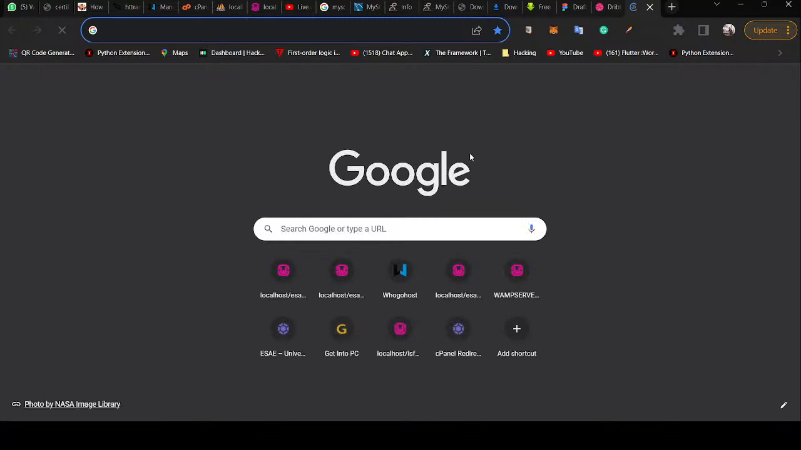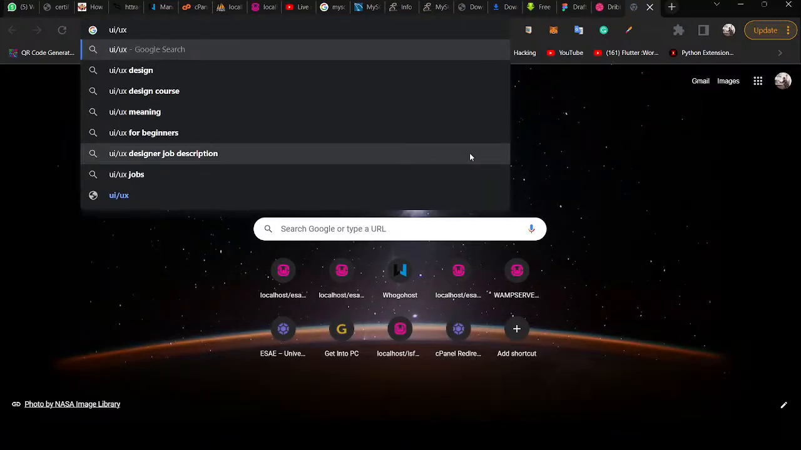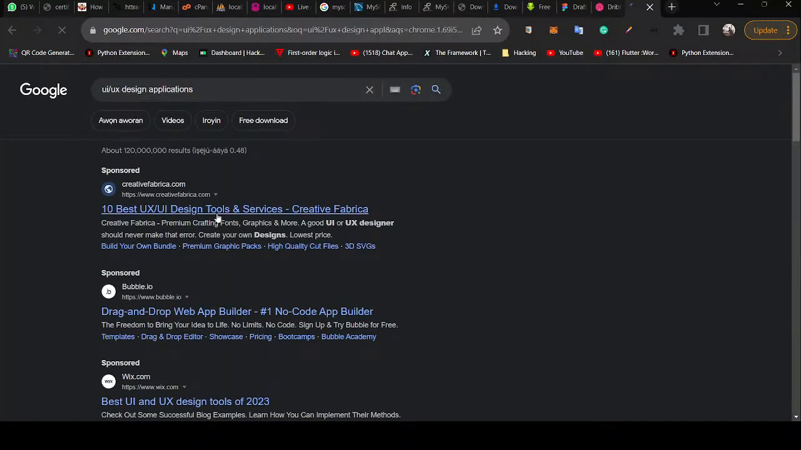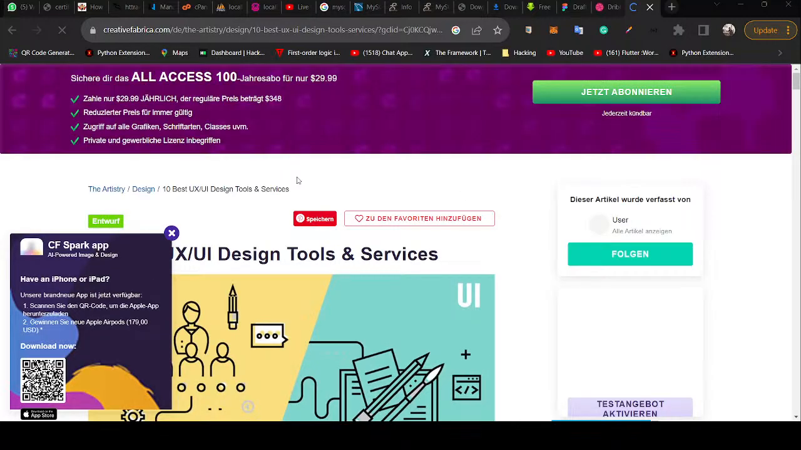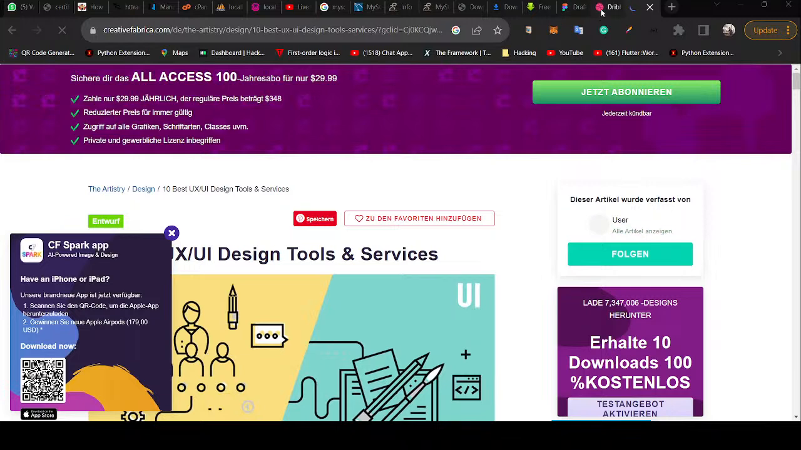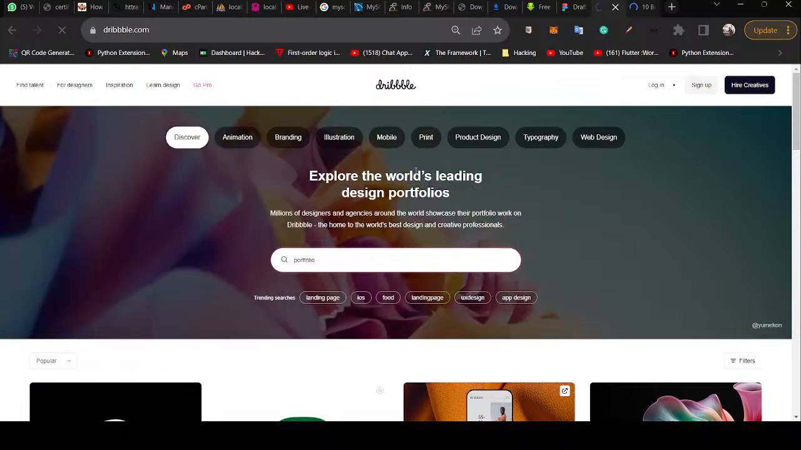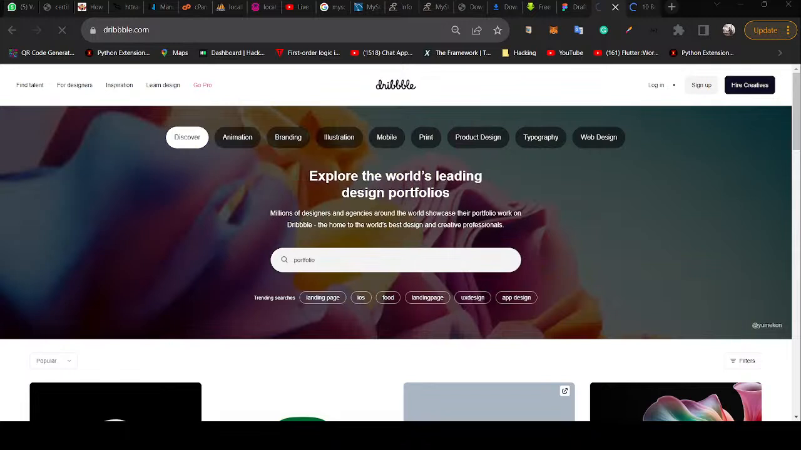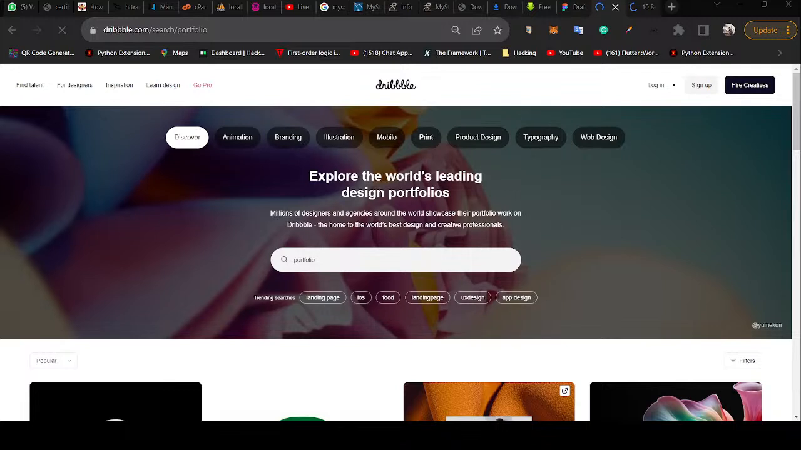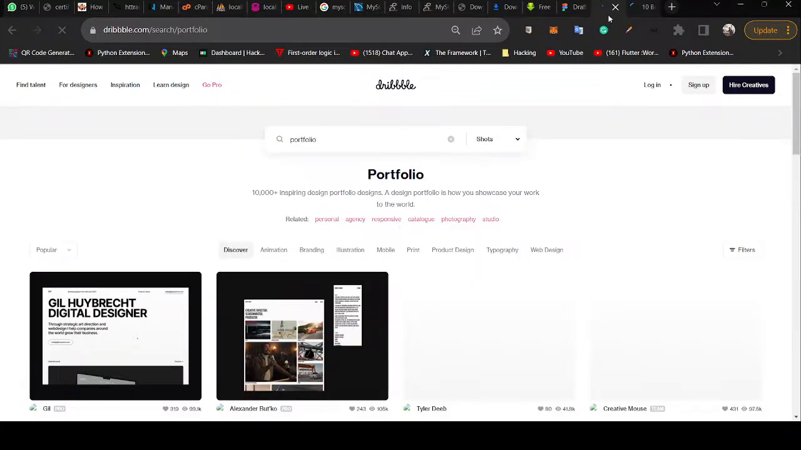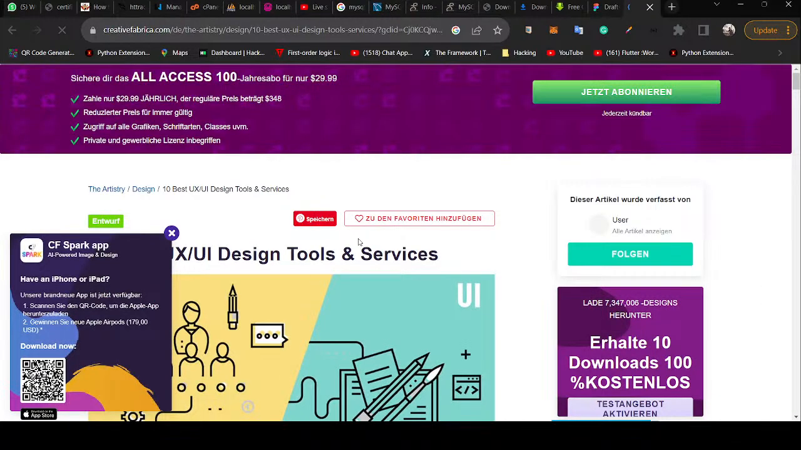designing. So if I go to my search here and I say UI UX design applications, we have 10 best UI UX design tools here, and we'll be seeing them one after the other, and which one you can use and which one for which platform. So looking at what we have here,